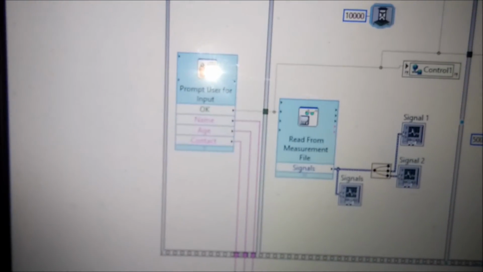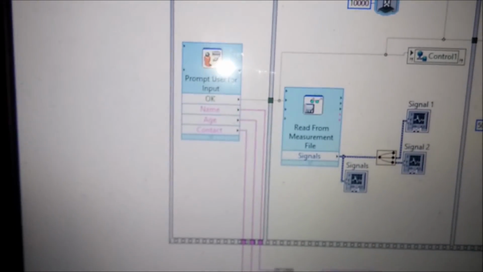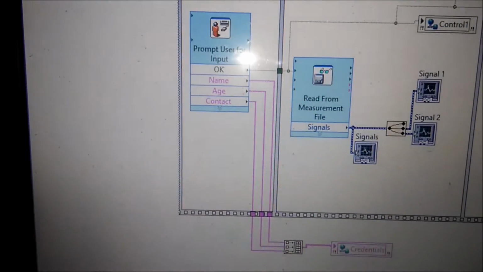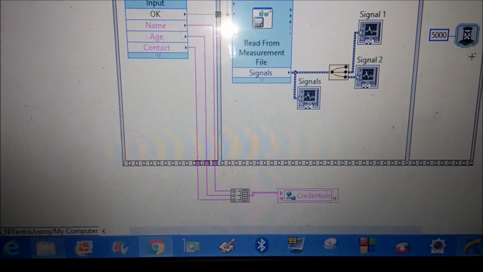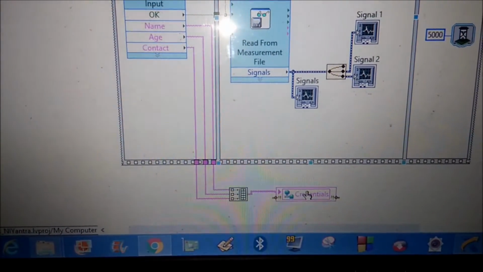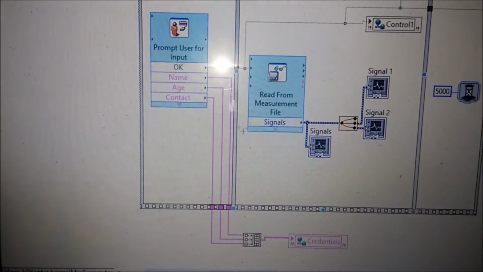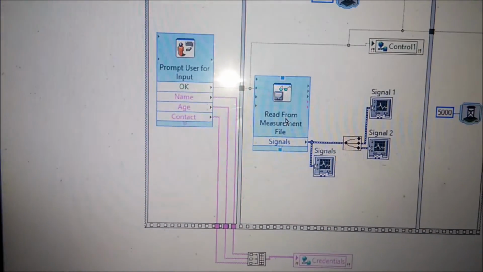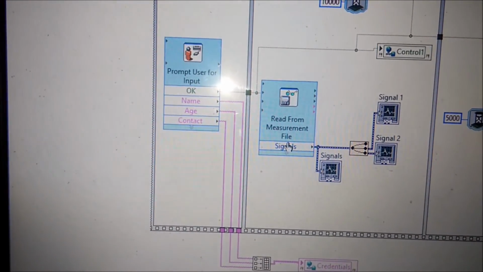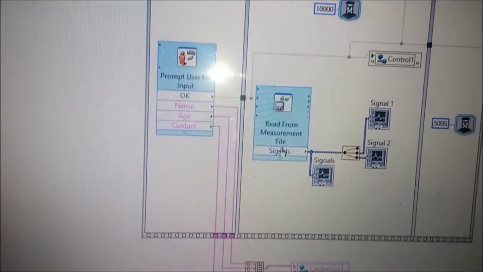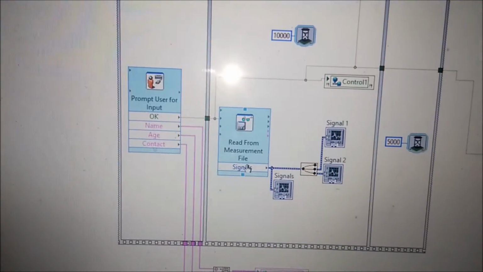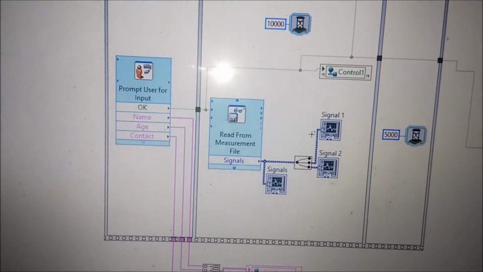So this is the prompt user input. After we get the input from the user, it is stored in the credentials network shared variable, and after the prompt, the read from measurement file reads the LVM ECG FECG file,